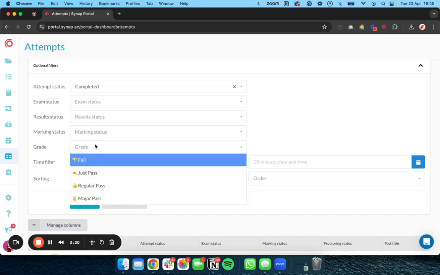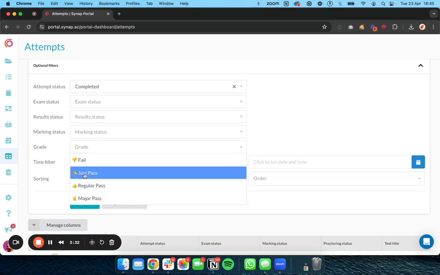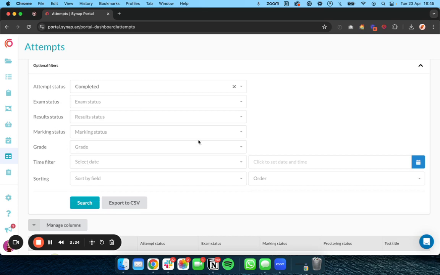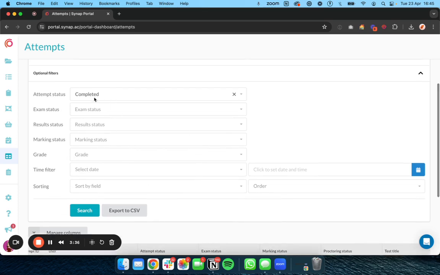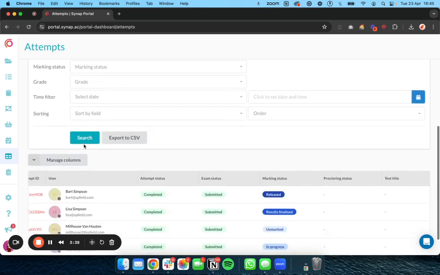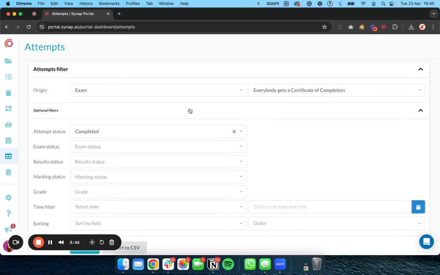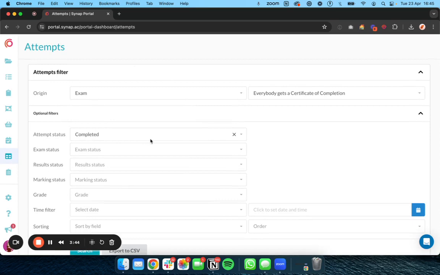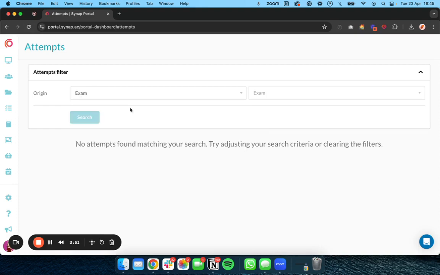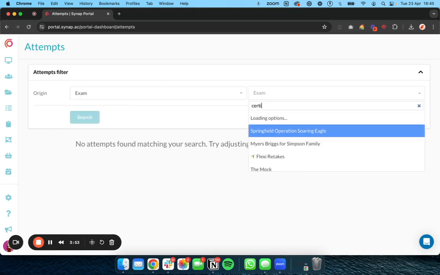So you can also filter by grade as well. So show me just the fail, show me just the pass. Anything you want on there will be able to be filtered by. You just have to keep clicking search if you update these. So let's clear that one away and have another look at some of the other filters. So if I go and find that exam again,